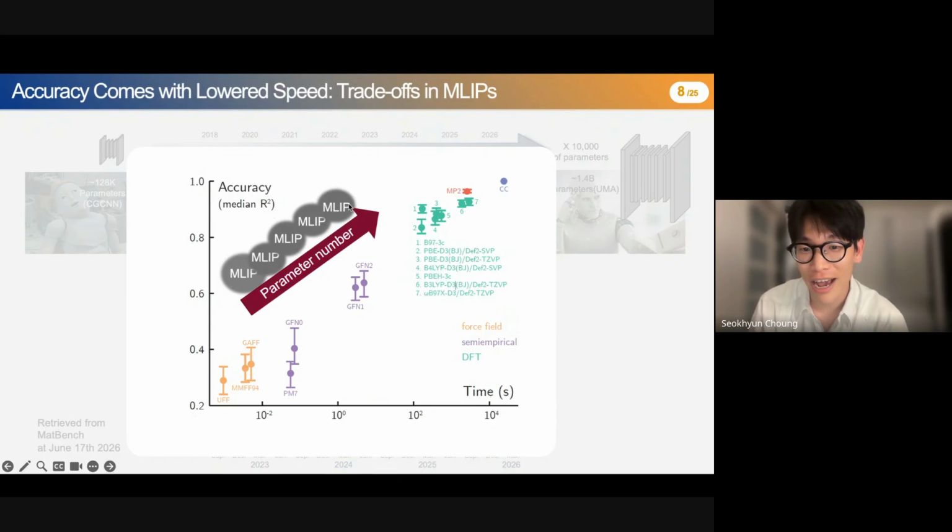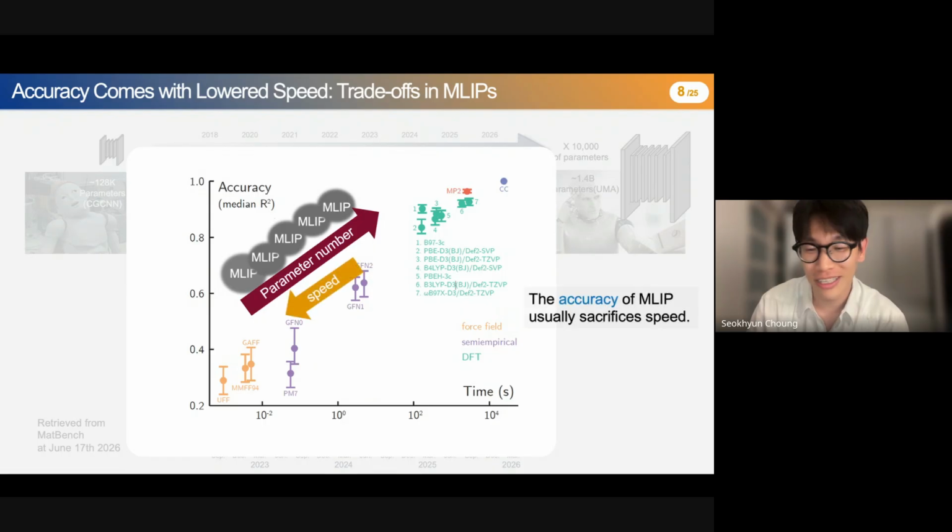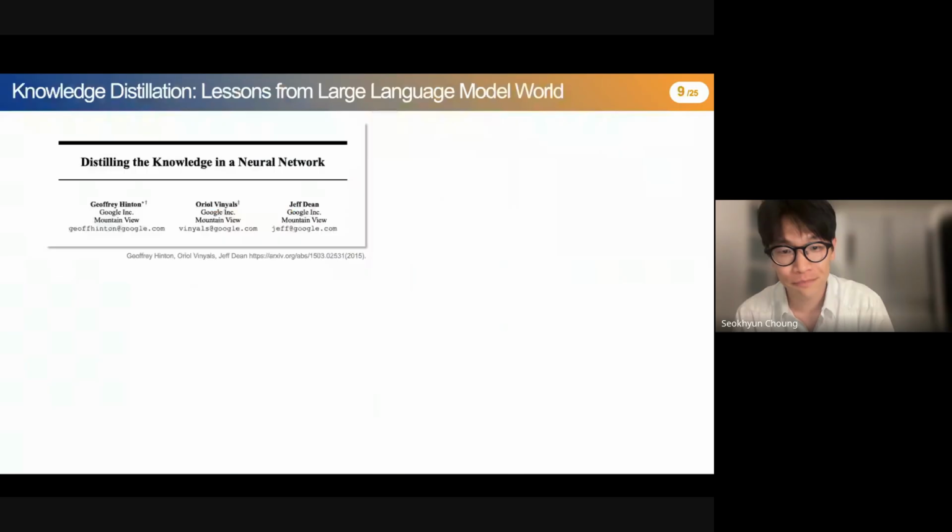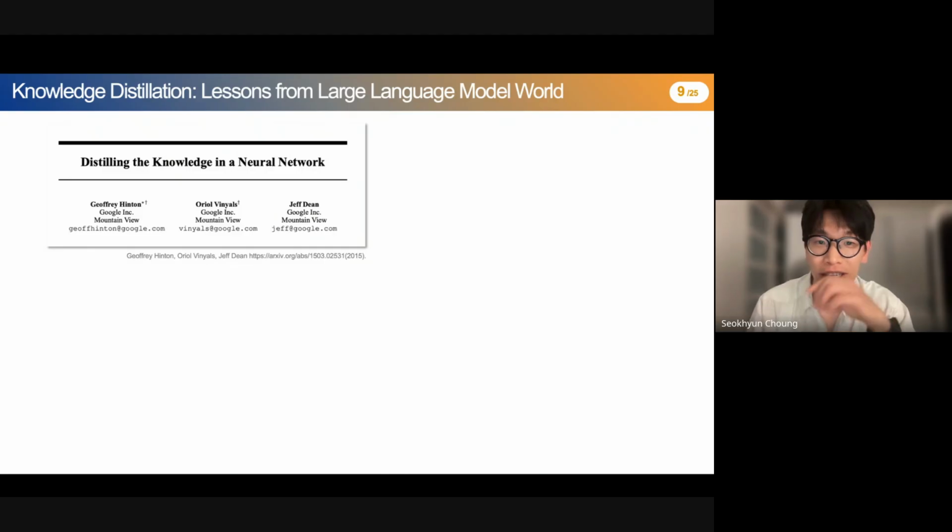So now we have better MLIPs, but they take too long, and still the accuracy is pretty good when you are considering the MACE models or UMA and 7net. All of those models are pretty good, but the speed is very slow. So we need to find a sweet spot where the accuracy is good enough while the time it takes is low enough. So I took the idea from large language models, of course, where distillation is one of the key